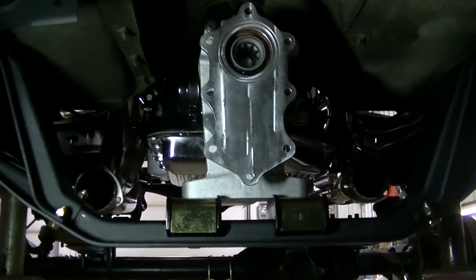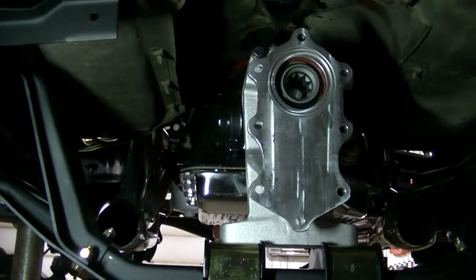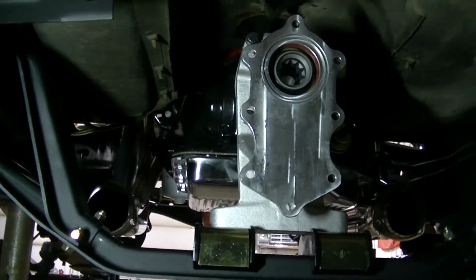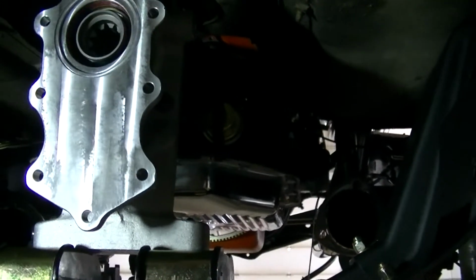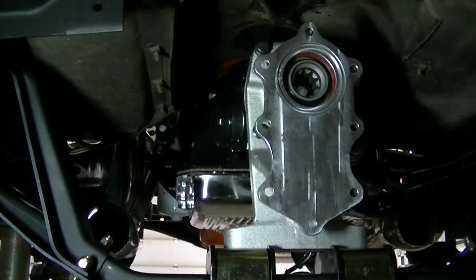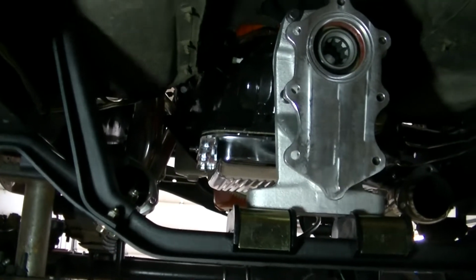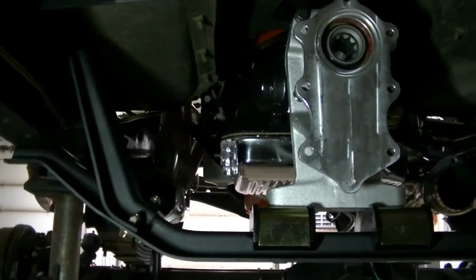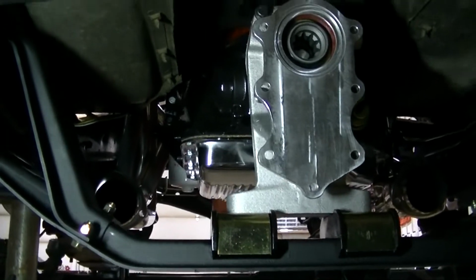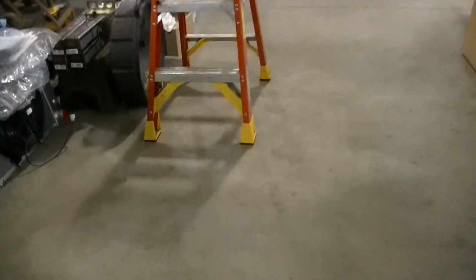Yeah, it went pretty smooth down here. I mean, the transmission went on to the engine pretty well. A little bit of pushing to get it on those dowels and stuff, but it looks like everything worked out okay. Now the top side is a different story. I've got to address some things up top, but before I go up there,